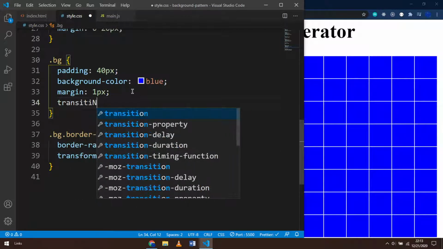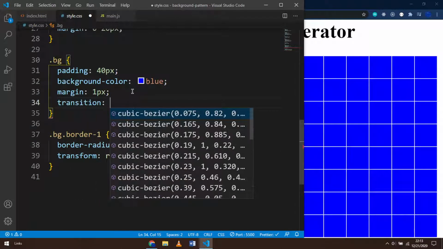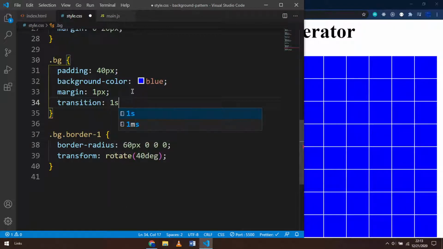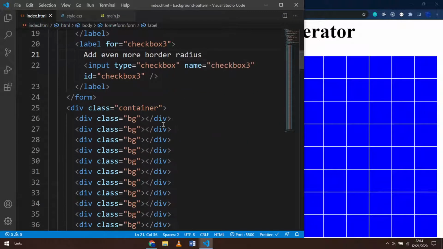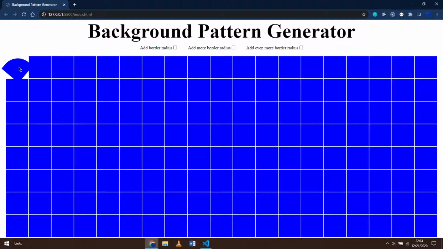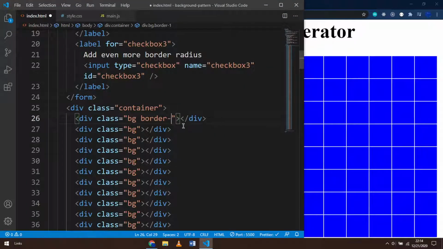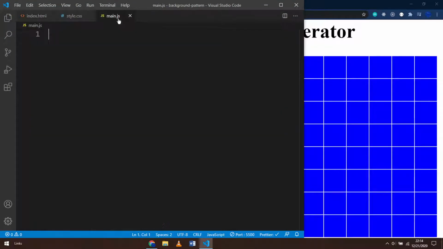So transition all by 1 second. So you can test this out easily by just adding this class in your HTML to see if it works. So I'm going to say just for this first one, let's say border-1, and that happens, as you can see. So it's working, but you don't want to do that manually,